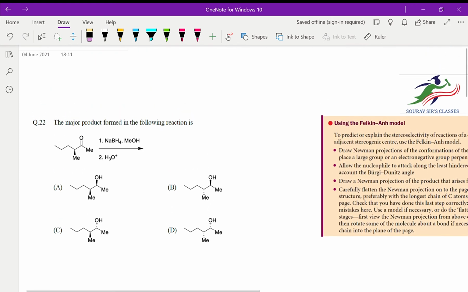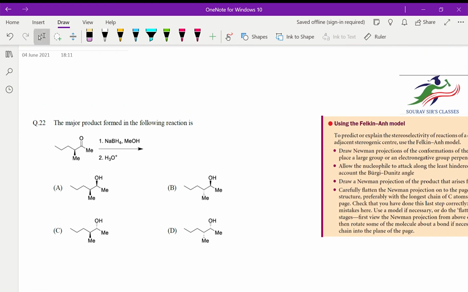And as we have been, I have been solving the questions for the 2021 JAM paper, the CY paper, that is the chemistry paper. This is Dr. Sarkar over here. Now, continuing with the section A questions, I'll be solving mainly the inorganic and the organic part over here. For this question, obviously, it is a reduction of a ketone to alcohol in the presence of sodium borohydride and the acid, but it is going to give a particular stereospecific product.